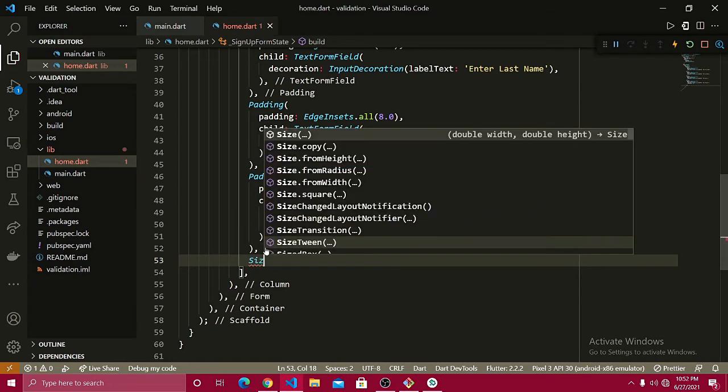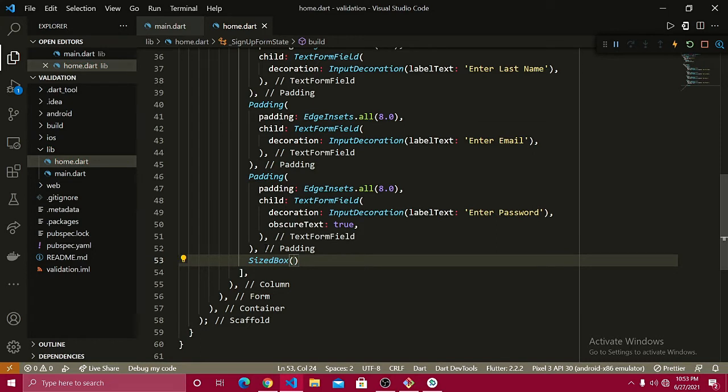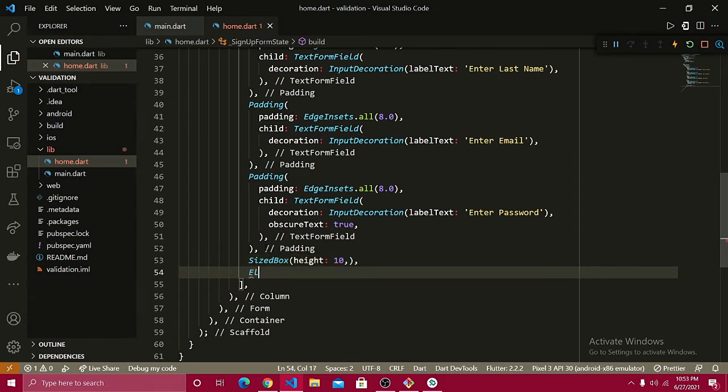So let's give it the SizedBox widget, which should bring up the width or the height. Right now I just want some space from the top, so just make that height 10. And right after that I'm going to create here an ElevatedButton, another widget that I need for submitting. Right now I don't need any function, so just make that empty, and the child widget